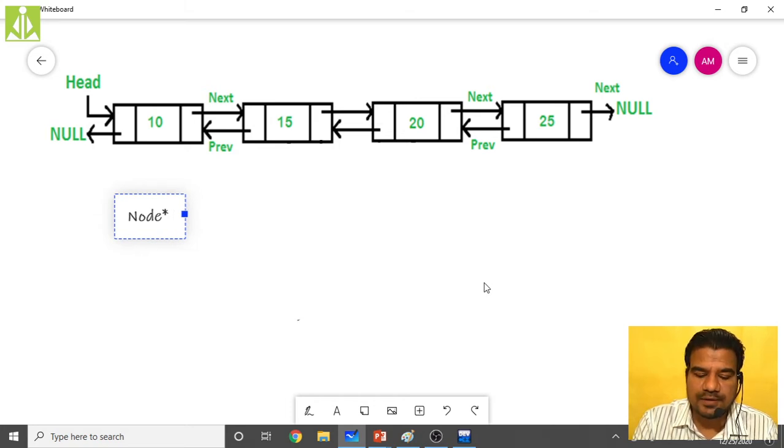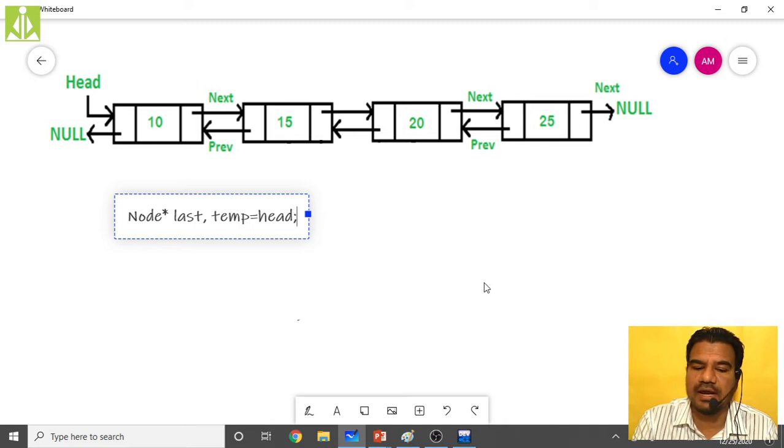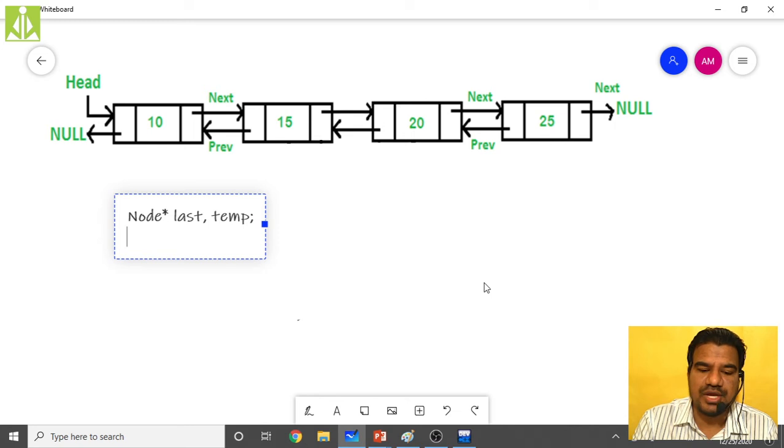One is the last pointer, which is the follow-up pointer, and we are declaring another, the temporary pointer, and we make only the temporary pointer point to head. The last pointer will remain unchanged. I mean, still it is not pointing anywhere. Like this we do, head.